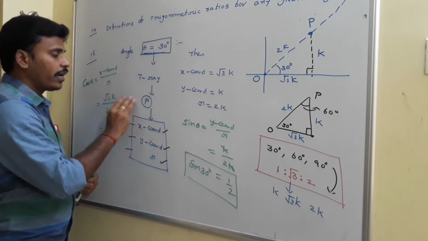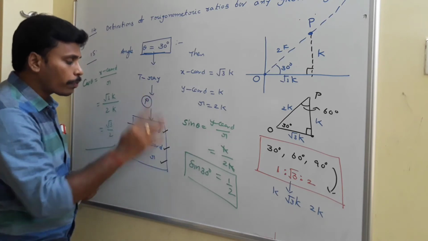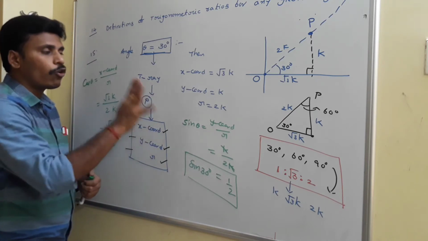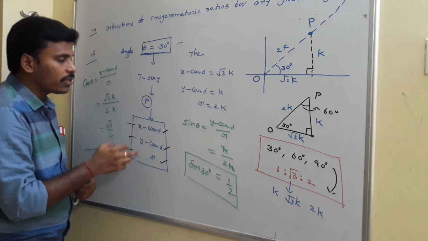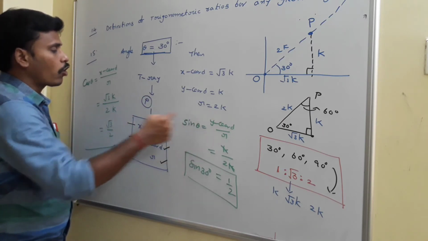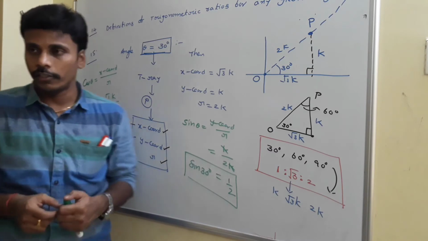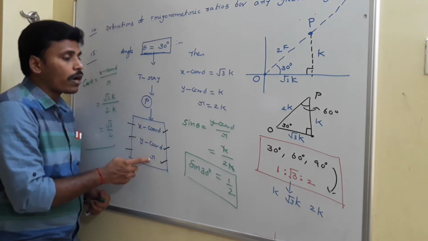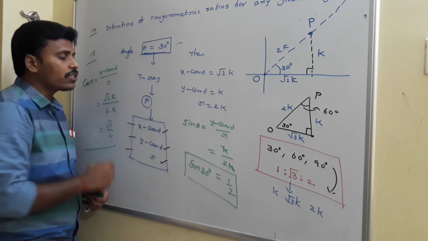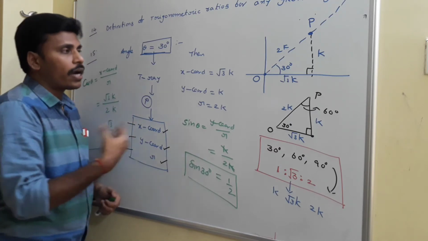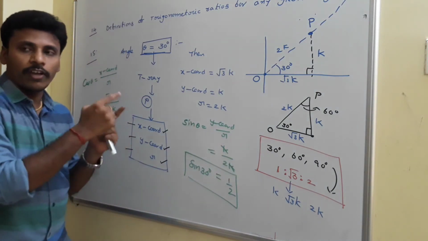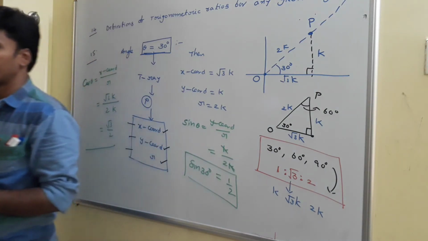Third part is taking a point P, and fourth part is calculating x coordinate, y coordinate and r. These are the four parts. And after calculating these, the fifth part is calculating sin theta and cos theta with the definition. But to locate the x coordinate and y coordinate in the fourth part, you need to use your logical ideas, and one such idea is identifying the triangle along with its ratio. Have a look, go with the screenshot.